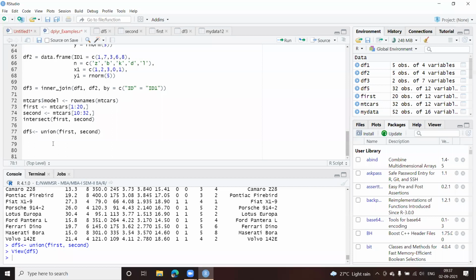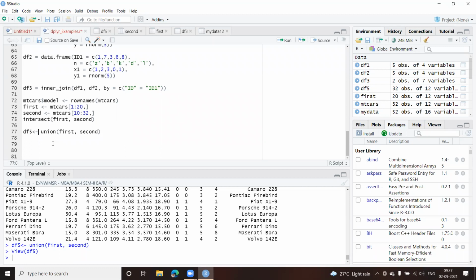Now, by using the other function, that is union underscore all function, it allows the duplicate rows in the combined, you can see, data set. So if I want the duplicate records as well, then I have to give union underscore all. Okay, that is the difference between your union and your union all. Okay, so you can try that as well.